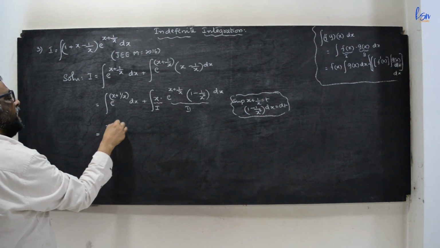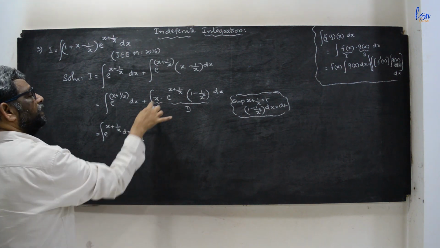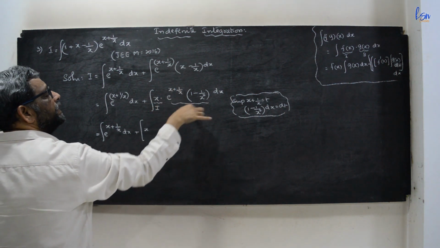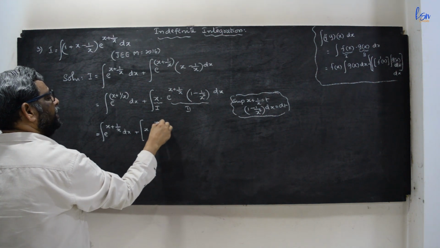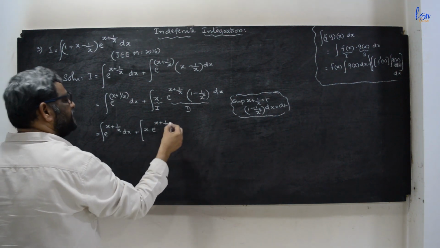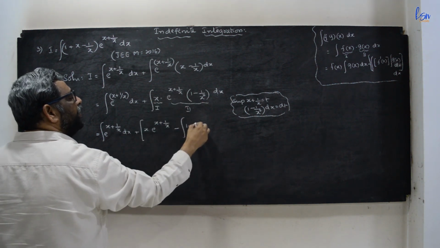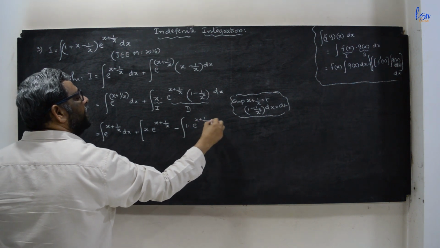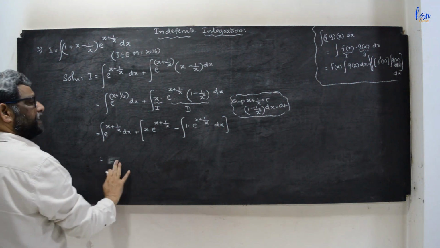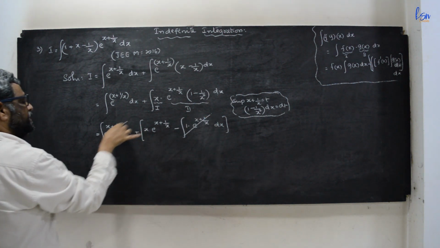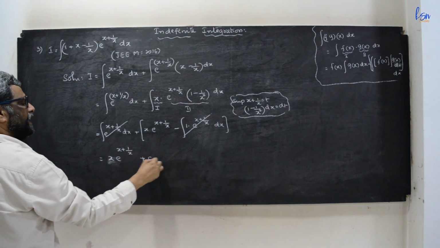So now I will apply integration by parts here. The integral of e to the power of (x plus 1 by x) dx plus the first function into the integral of this one. It is in the form of e power t dt. So x into e power (x plus 1 by x) minus the integral of the derivative of x, which is 1, into the integral of the second function, e to the power of (x plus 1 by x) dx. You can cancel these two. So this is x into e to the power of (x plus 1 by x) plus c. This is the result.